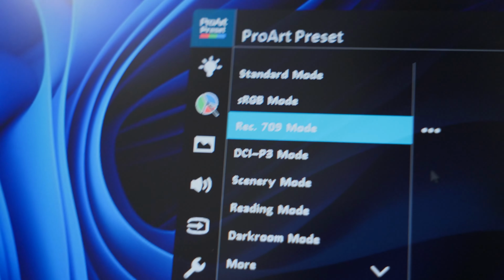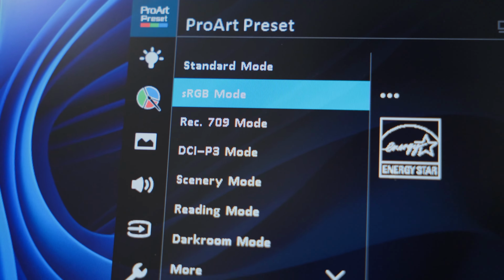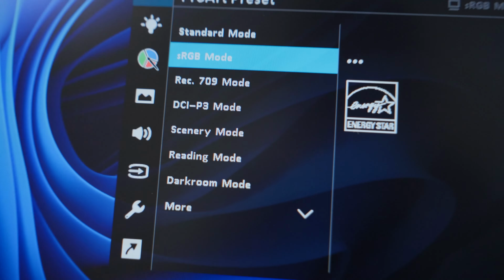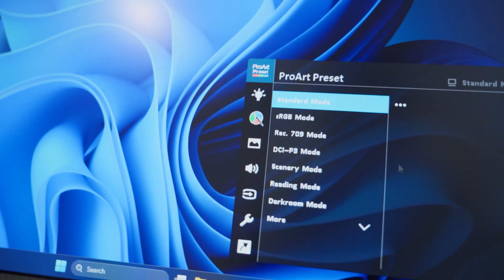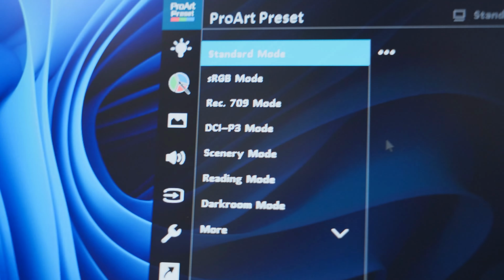Rec 709 for most accurate colors, or sRGB, but if you are just casually browsing or watching some stuff on the internet, go to standard mode. Standard mode is basically the best way. So after you do that,